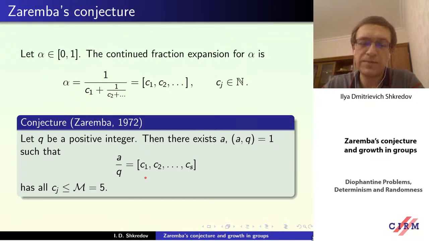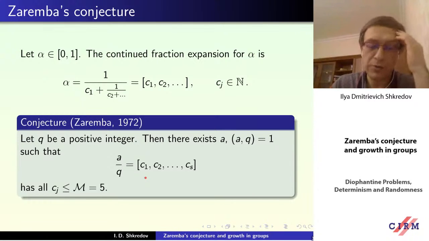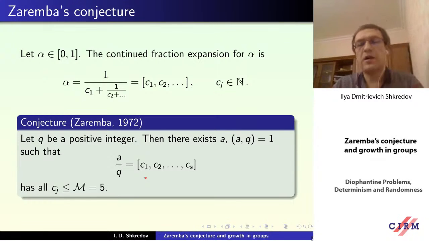This 5 is because of numerical experiments for small denominators q. You see that a_j can be equal to 4, but maybe if one just threw away a finite number of q, then actually maybe this constant equals even 2. Okay, nevertheless, we are very far from this conjecture, and the best result in this direction is due to Korobov.